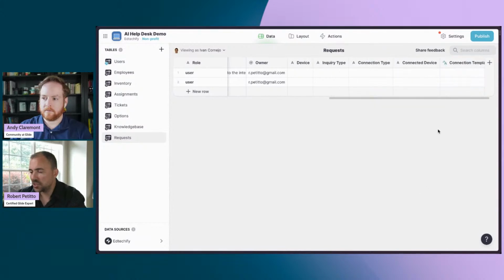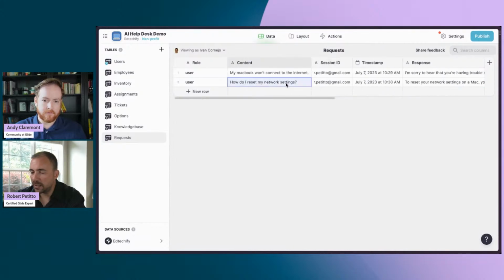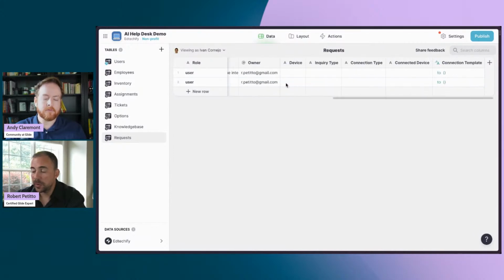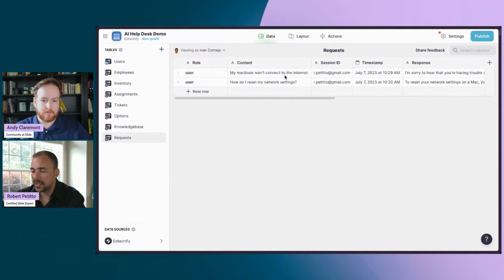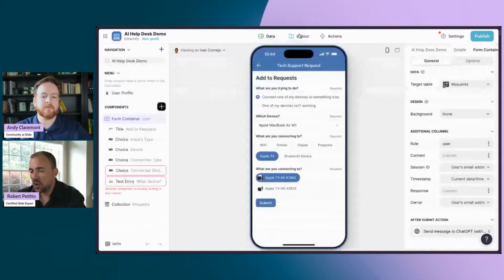Okay, so this looks really funny over here, but once they actually fill out the form, it'll be complete. Now, this is what we want to send to OpenAI. We don't just want it to read this value here. So what we first have to do is send this template to this column and then have OpenAI do its thing. So what we can do here is on our after submit action,